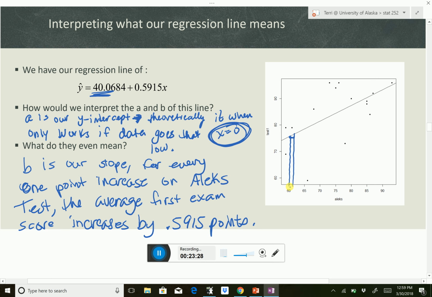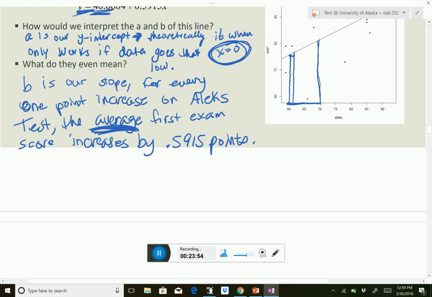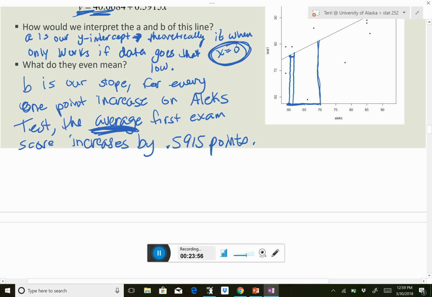So what would happen with 10? 10 would go up 5.9 points. So if you scored 10 points higher on ALEKS, that would take you 5.9 points higher on the first exam, on average. I want to make sure that the word average is in there, because remember, this is just looking at the average. So this is how we interpret slope for a line. So in general, we might